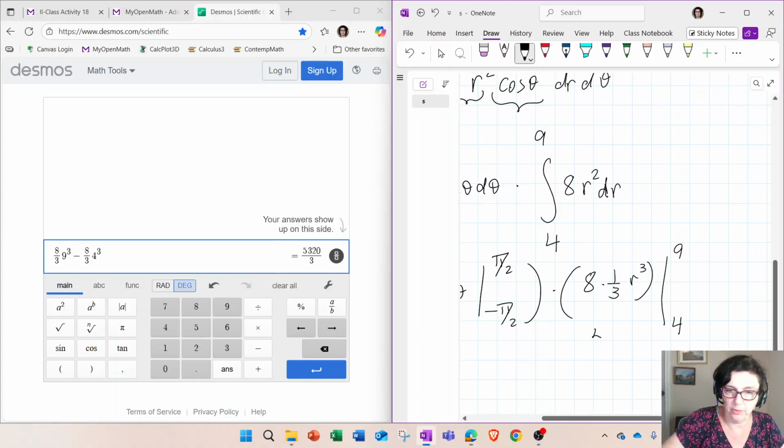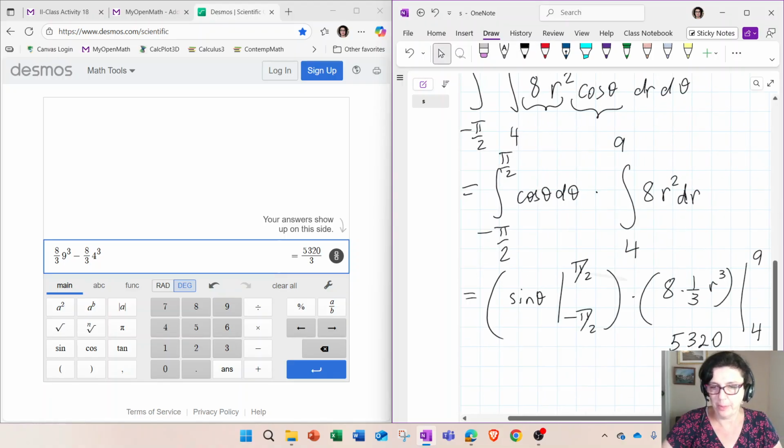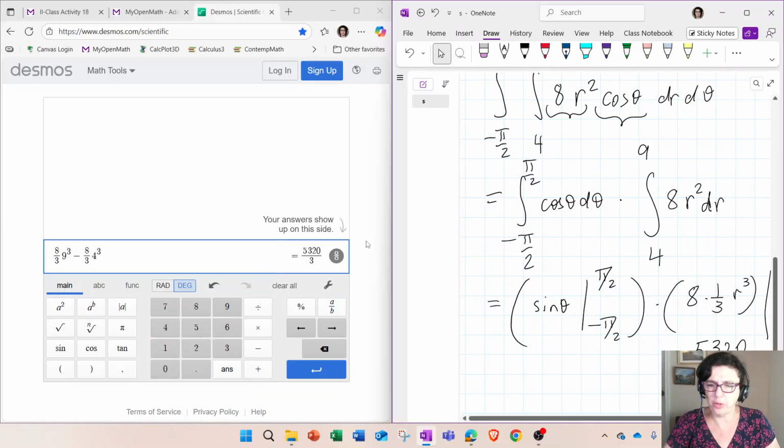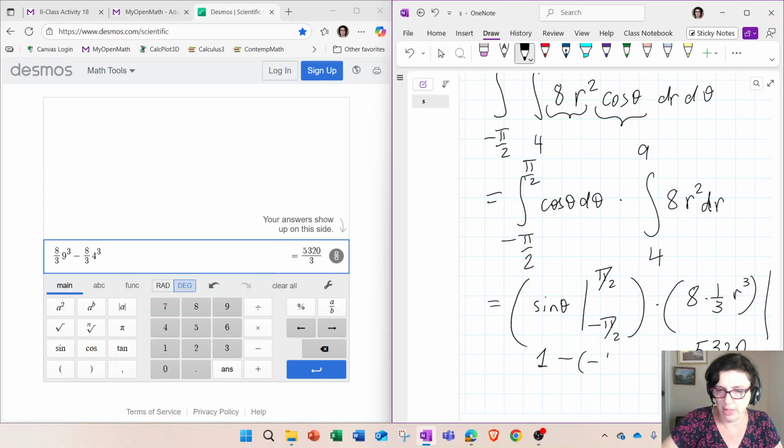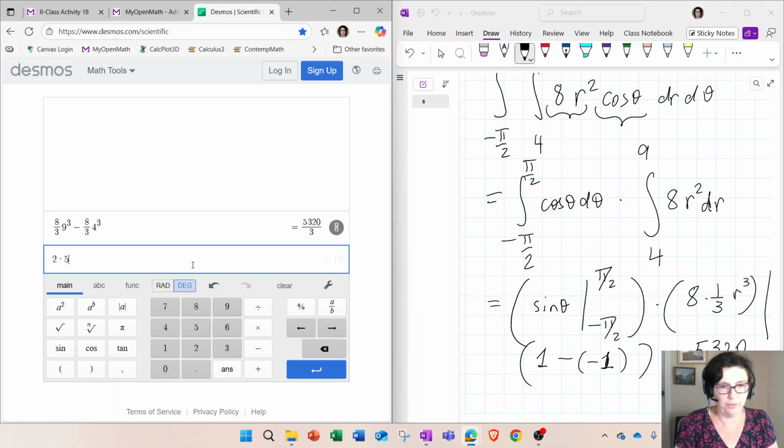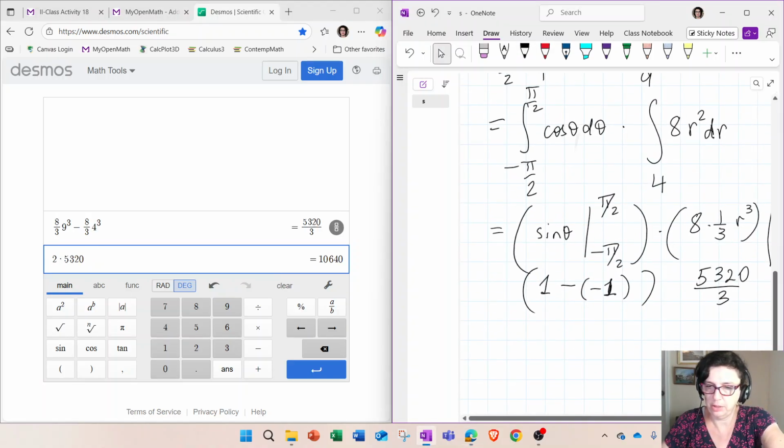So this is something like 5,320 over 3. What happens to the other guy? Well, sine at pi over 2 is 1, and sine at negative pi over 2 is -1. So this is actually going to become, I think, 2. So you just have to double this result. So 2 times 5,320,